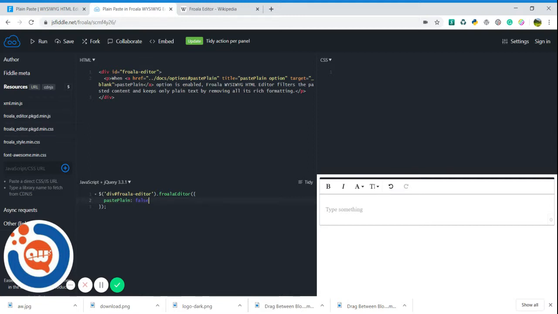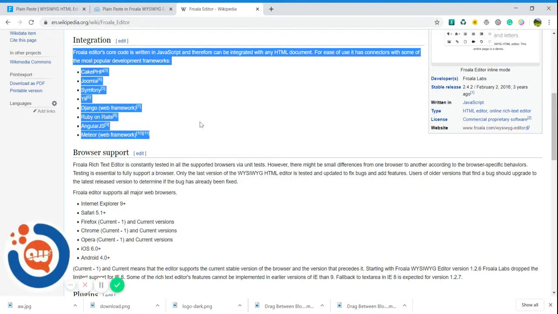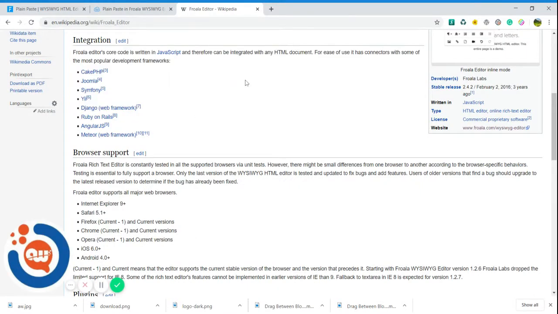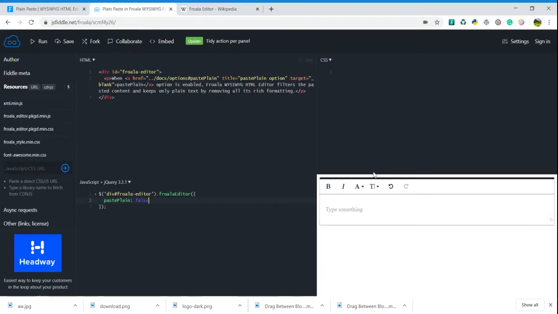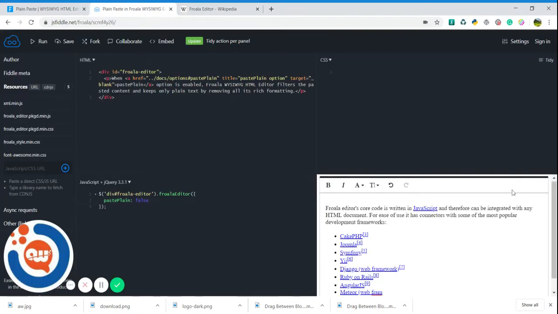So let me just start with pastePlain false. That means whatever content you are going to copy from the website, it is going to copy the content and then paste it into the editor section with all the formatting. So this is the one way which you can add, and if I set it as true